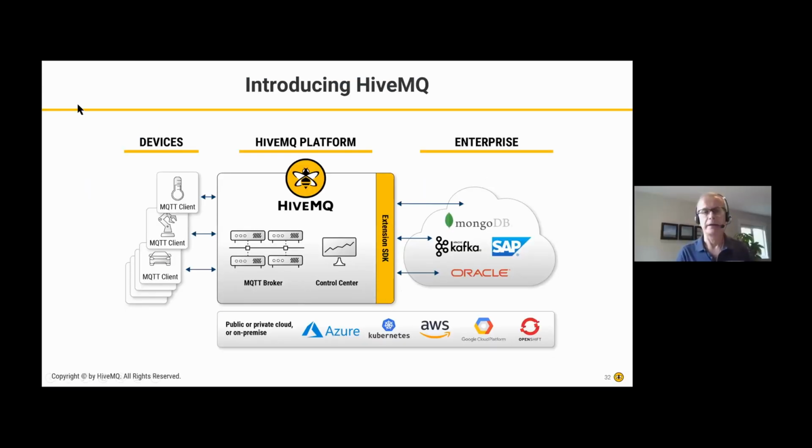Great, thank you, John, and thank you very much for a great introduction to the unified namespace. I think it was really good information for the crowd here. So as John's mentioned, HiveMQ is an MQTT broker. We like to call it an enterprise MQTT broker platform that will scale out to meet the demands of most IoT and IIoT use cases.